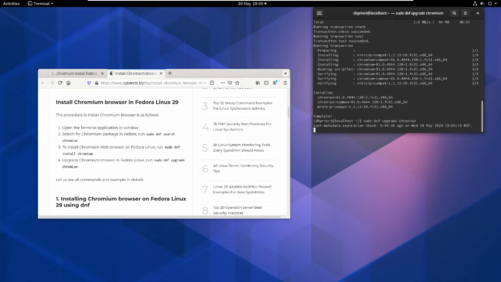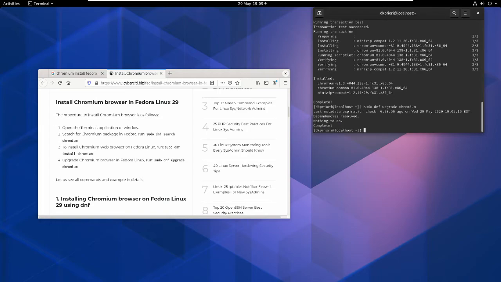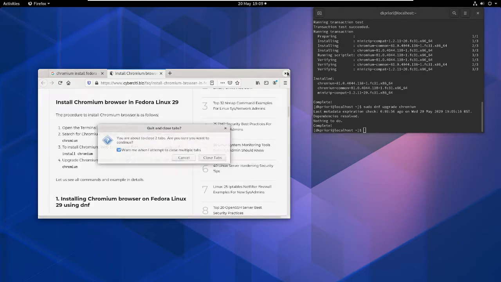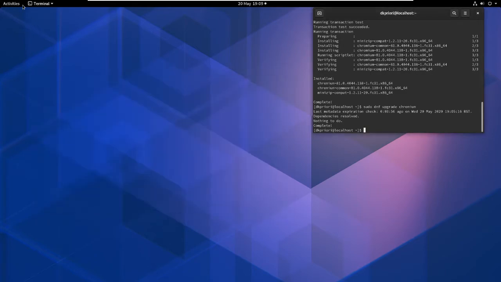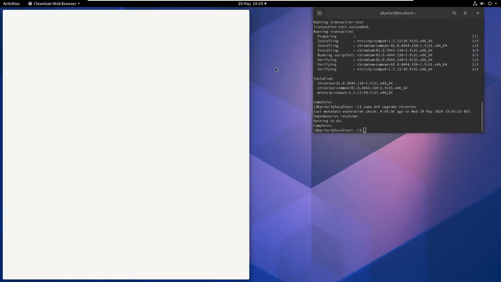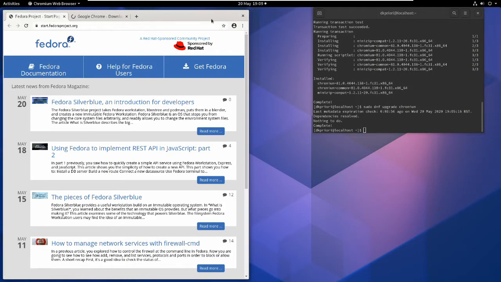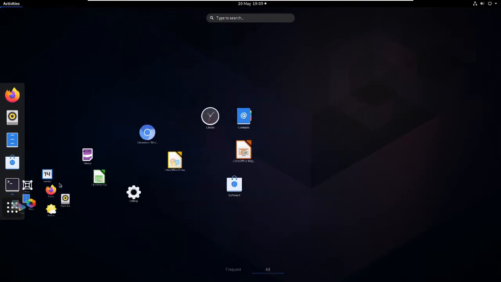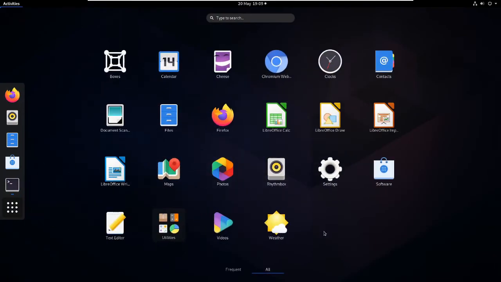Let's do that. So it checks. That's done then. Okay. So is that added now? Chromium, straight away. Interesting. Okay. Now then,